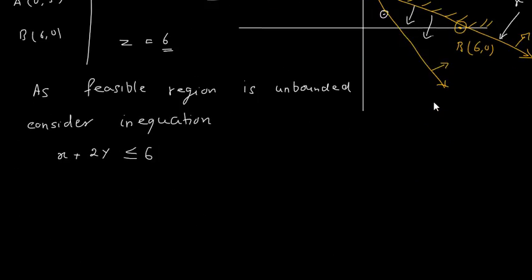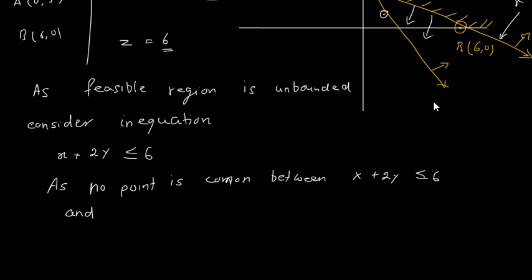So no point is common between x plus 2y less than or equal to 6 and the feasible region, and we will say that the minimum value of z is